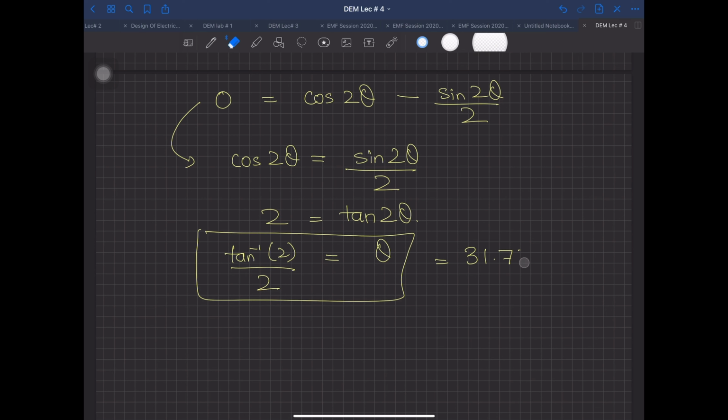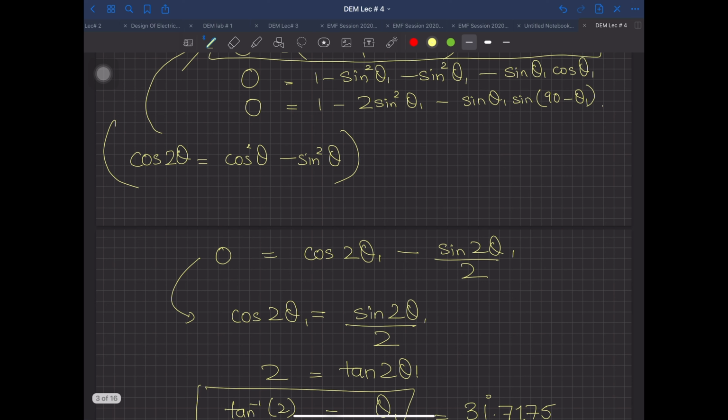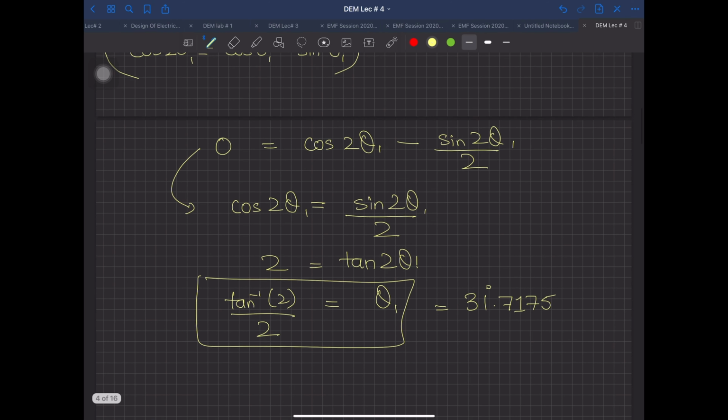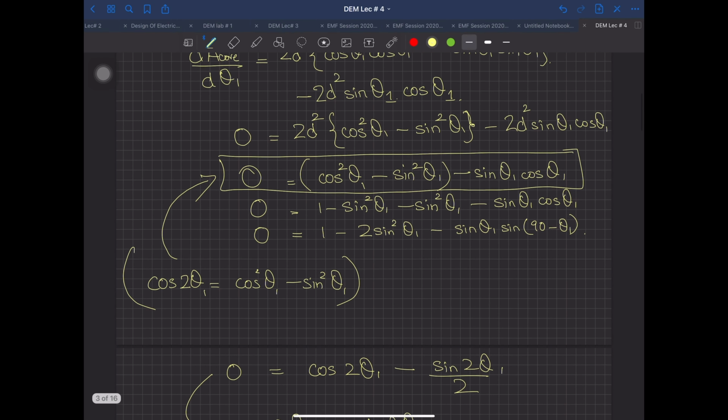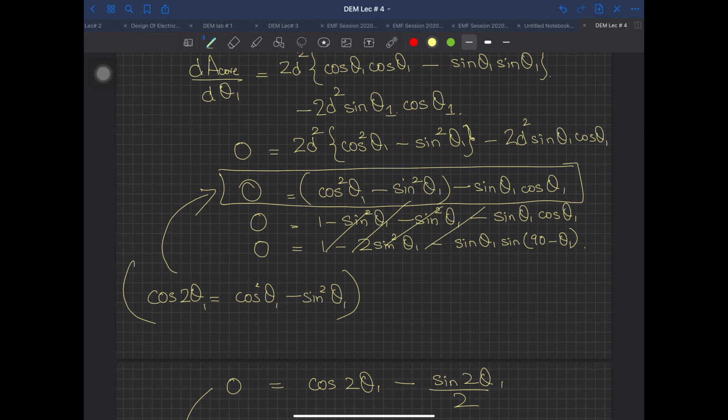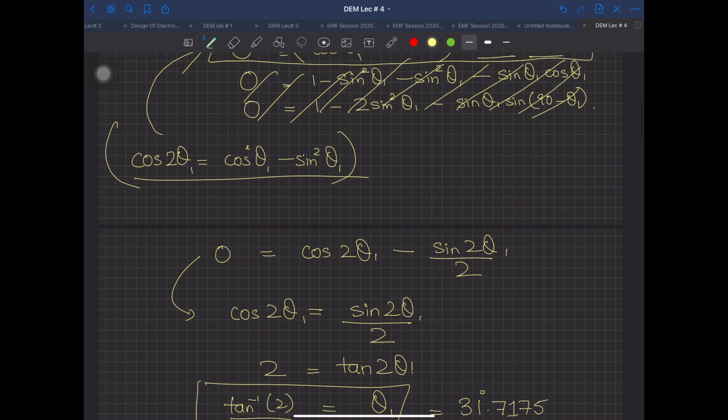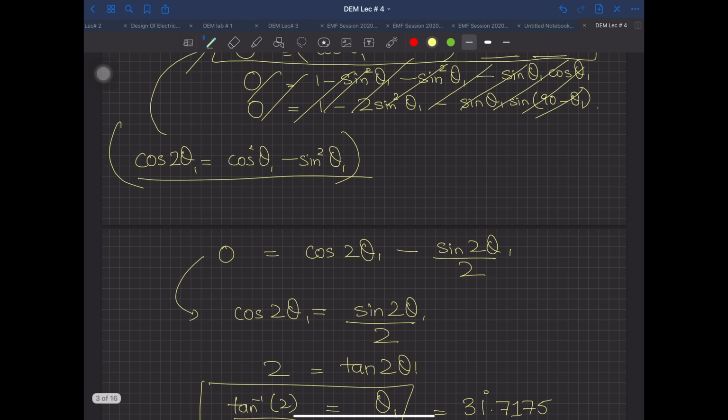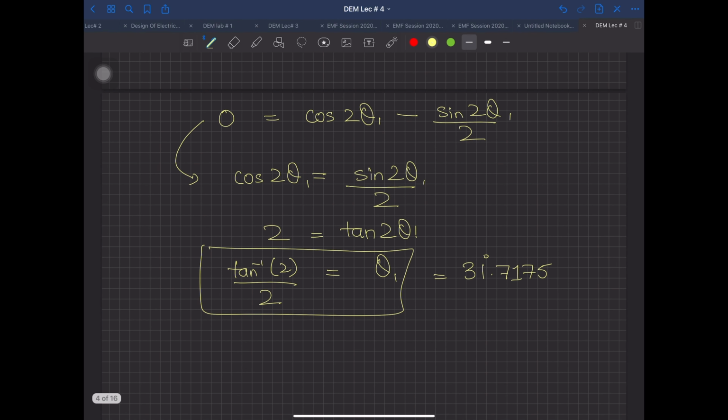31.717। इतना बस बहुत है। So this is theta 1, sorry, this is theta 1. I have missed this one, theta 1 over here. I hope you have got what we have used. We have used that double angle formula, so no need of this one. You have already just used cos 2 theta 1 and this is equal to this one. This one is just sin theta 1 cos theta 1. You replaced it by again double angle but having an angle divided by 2. So after doing this one, you have it over here.